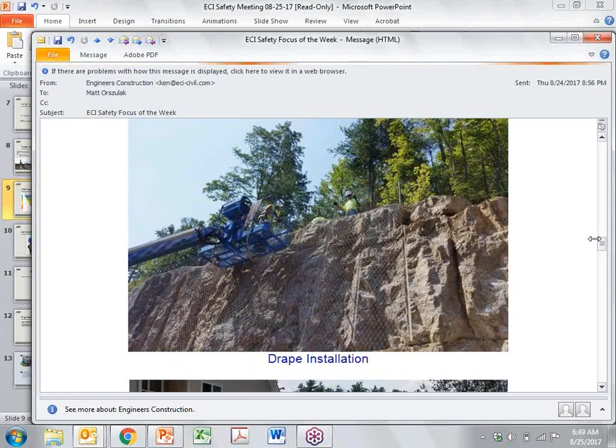So this is the drape. You can kind of see it. It's a little hard to see, and in fact, it's a little hard to see in the field, which is kind of nice. But there's a mesh covering, and the next picture will show you a little better. There's a mesh covering the rock, so if any little pieces do fall, they fall behind. That's basically a drape. Another section will have an anchored mesh, so that if there's a piece that's loose, the mesh and the anchors will hold it in.